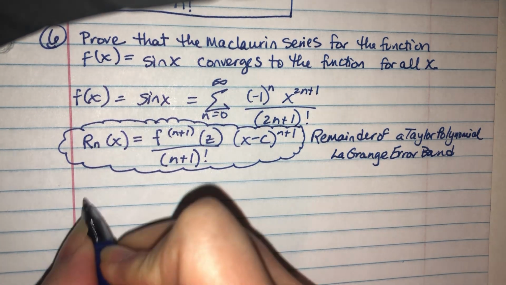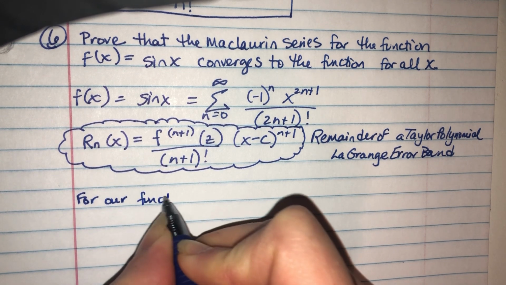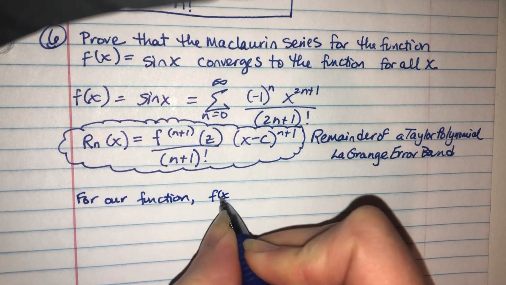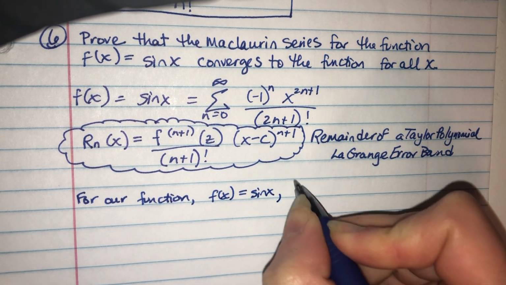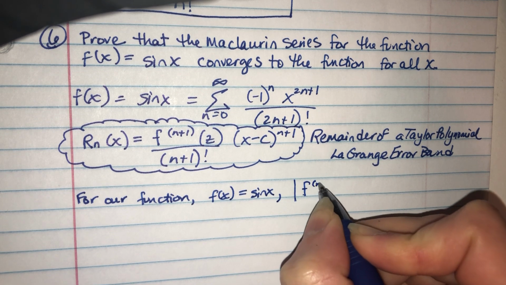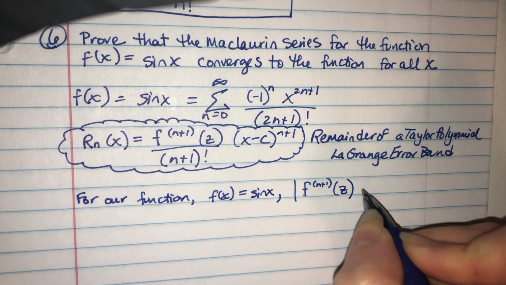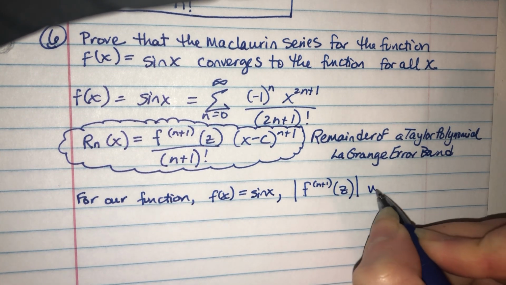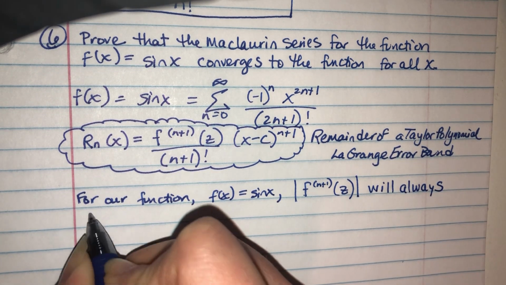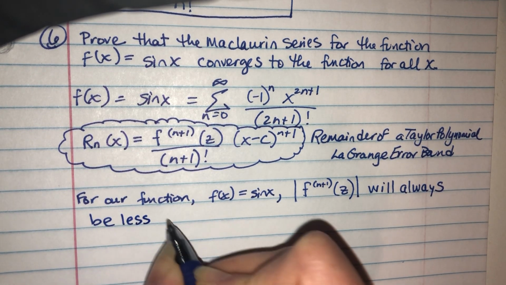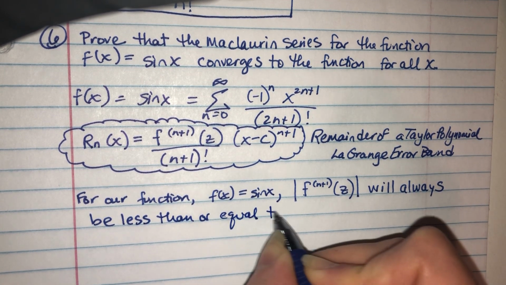So I'm going to put here, for our function f of x equals sine x, the absolute value of the n plus 1 derivative evaluated at z will always be less than or equal to 1,